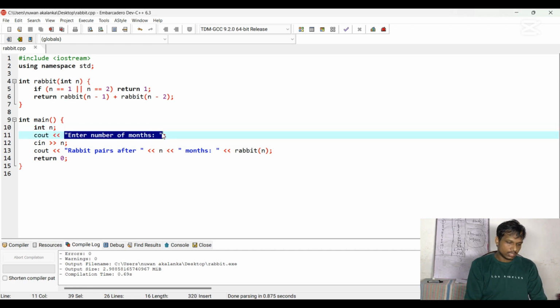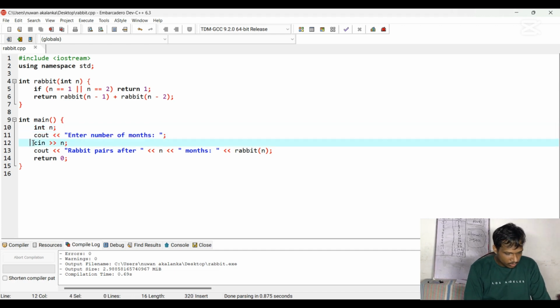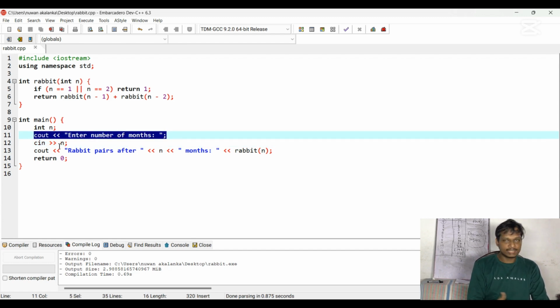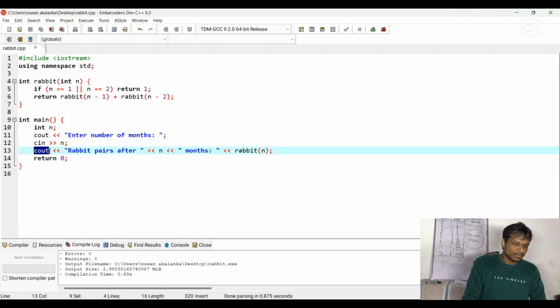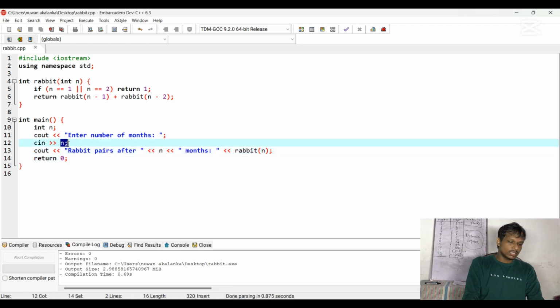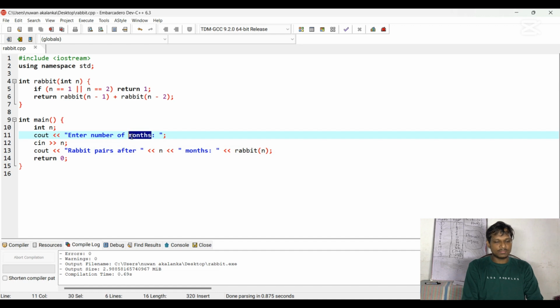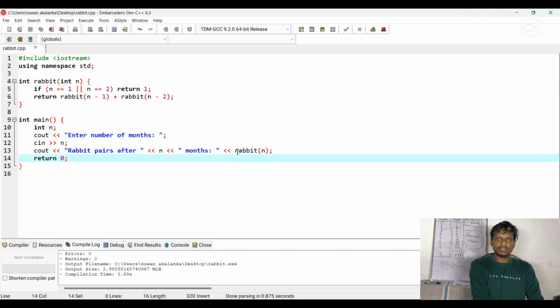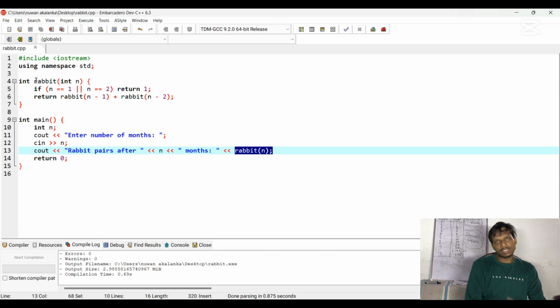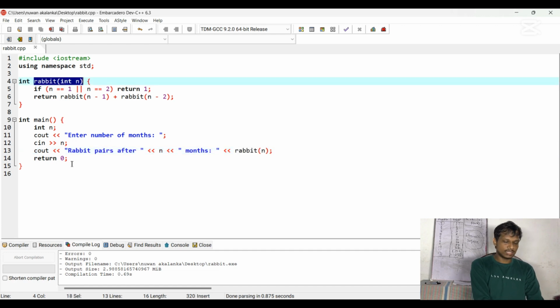Then we use cin to store that user input. After that we use cout to print "rabbit pair after", then n, which is the user input. After "month" we print our n value from our function. After that we return 0.